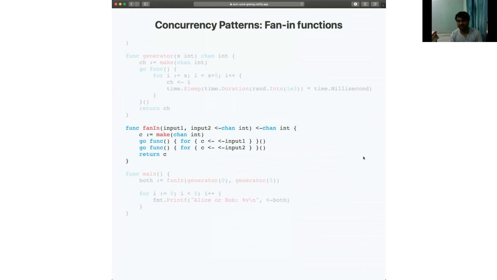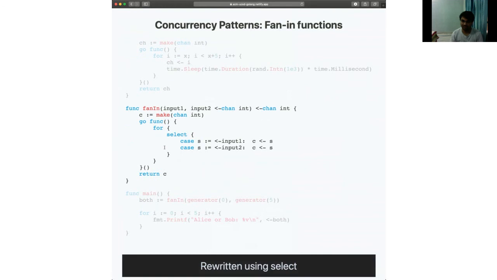So yeah, let's again look at fan-in functions, but now I'll tell you an interesting way to write a fan-in function. Here you have 2 different Go routines, right? You don't actually need both of them. You can actually do this with a single Go routine. The language provides a select statement, which is kind of like switch, but for concurrent Go routines. The way a select statement works is that you have some cases, and whichever case can execute, select will pick that and execute it.